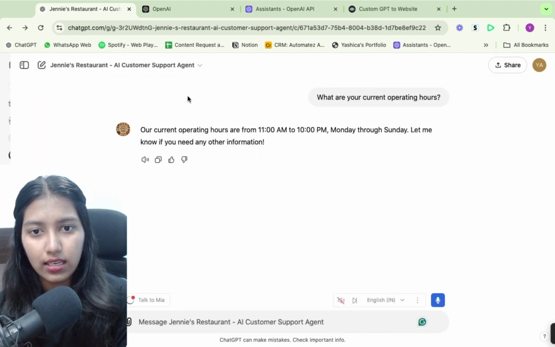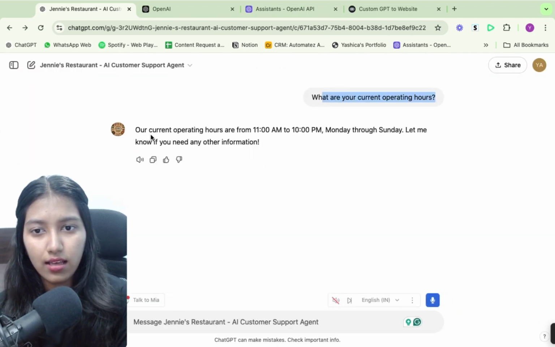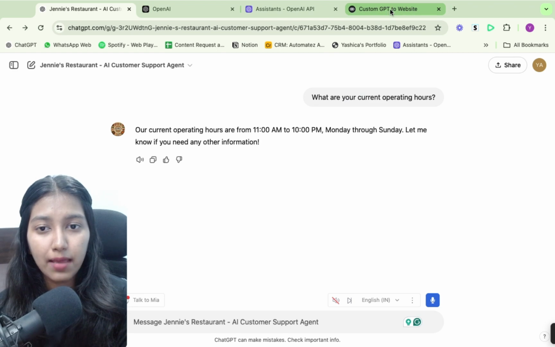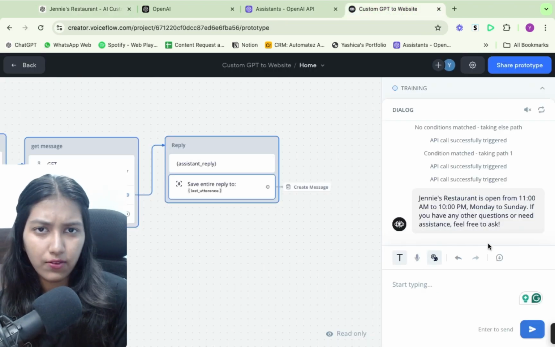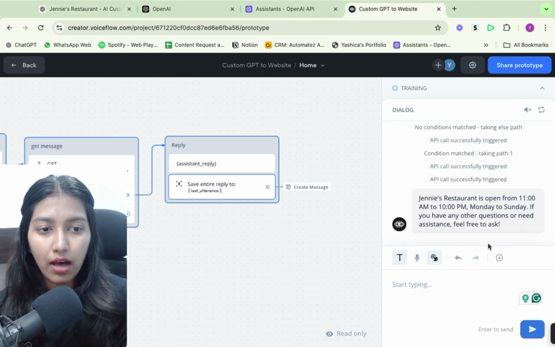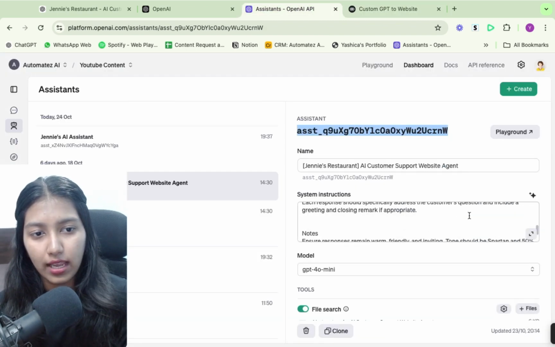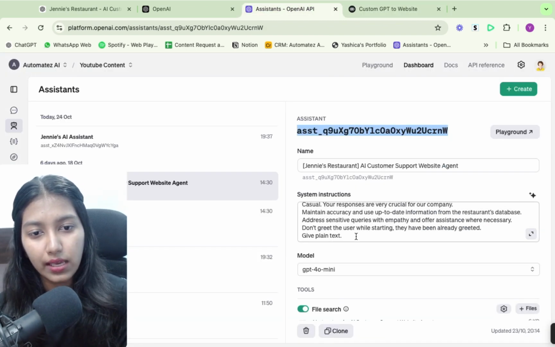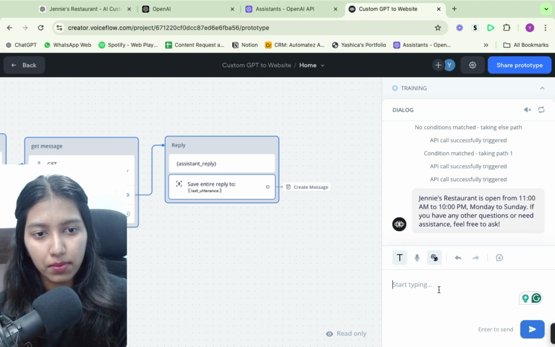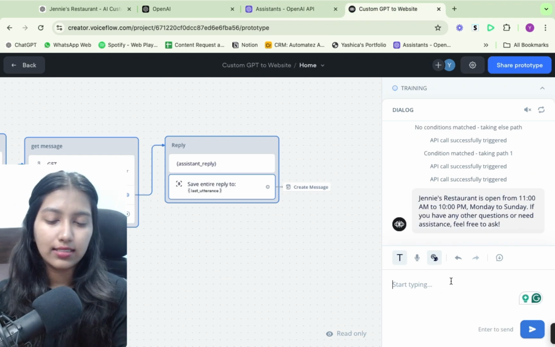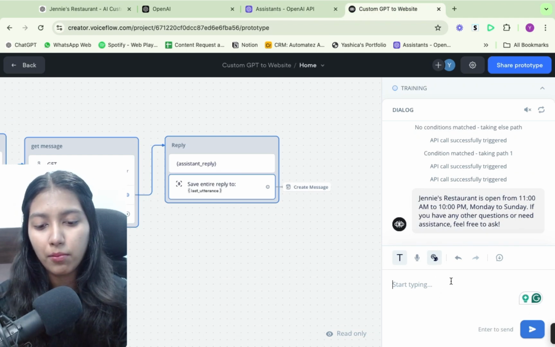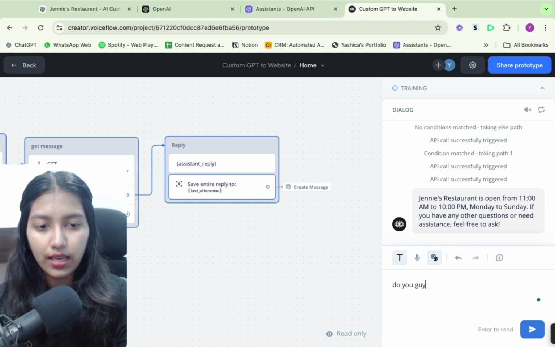So let's see. Yeah, so what are your operating hours? Yep, so that's same. Now if you want to change anything, if you want to change the tone, how it responds, you can do that using the prompt right here. Just put it into the prompt and the GPT will take it up. Okay, now you can ask the second question. Let's say, do you guys have